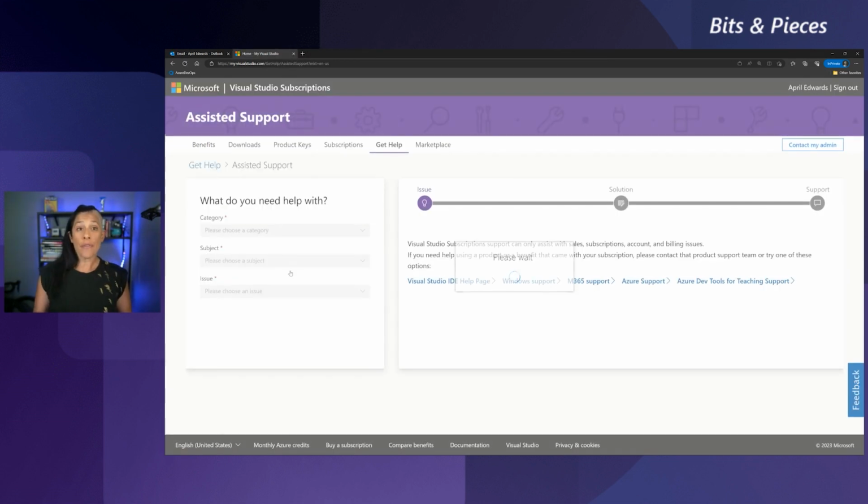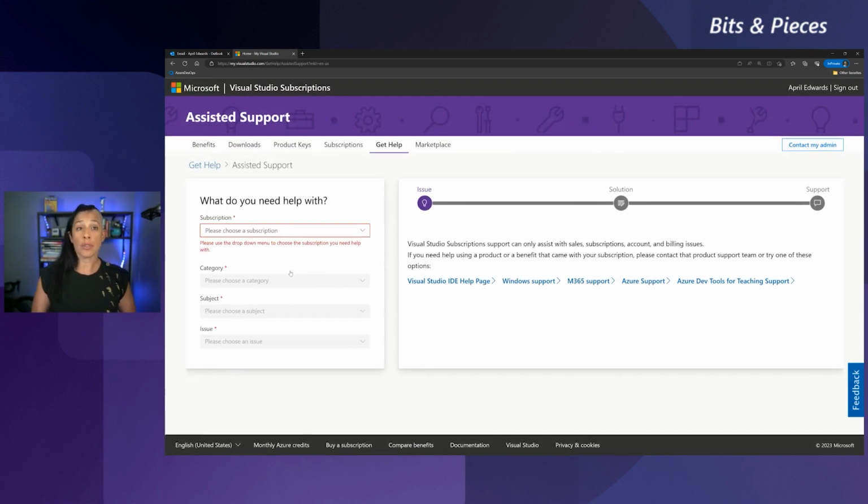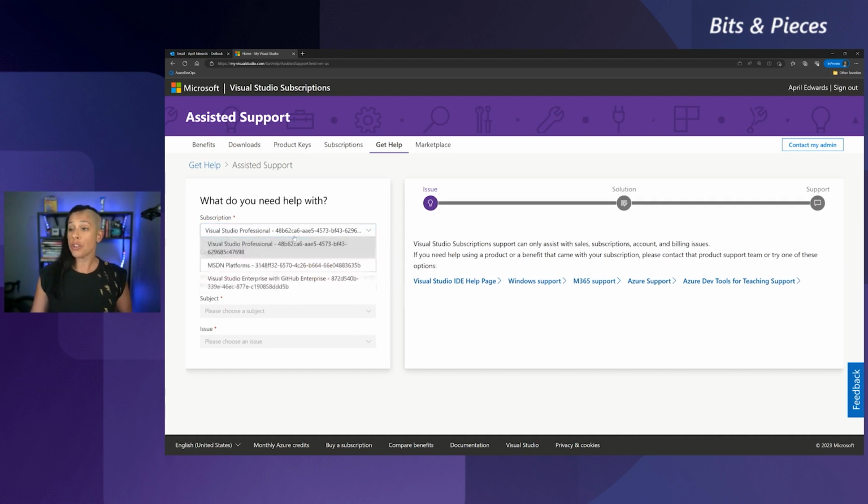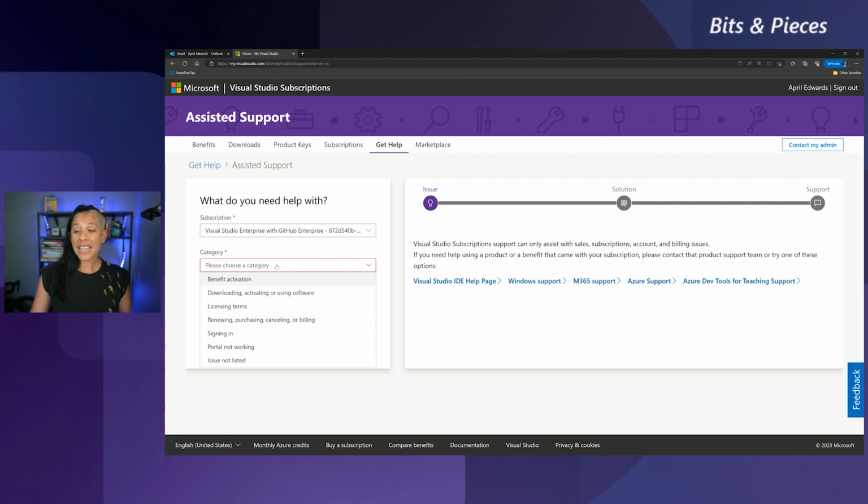Now, to start, there is the ability to use the self-help option on the left-hand side that will give me some assisted support resources. To find those resources, I need to select the pertinent drop-down options. So first thing I need to do is select the subscription that this applies to. This time, we're going to use our Visual Studio Enterprise with GitHub Enterprise subscription, and I need to choose a